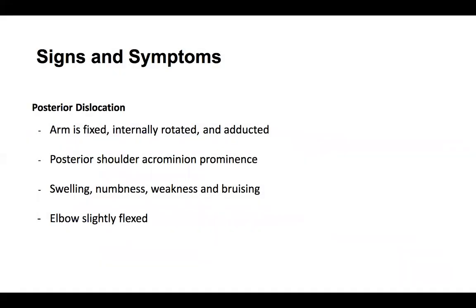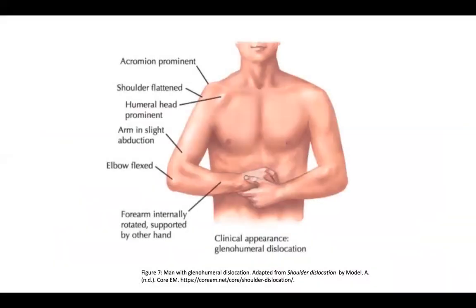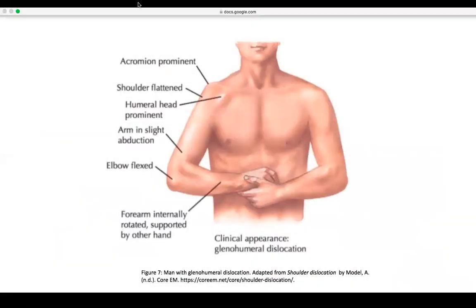Some signs and symptoms of posterior dislocation include the arm being fixed, internally rotated, and adducted. The posterior shoulder also has an acromion prominence. Just like the anterior dislocation, swelling, numbness, weakness, bruising, and a slightly flexed elbow are also signs and symptoms of posterior dislocation. Here's a picture of someone with a